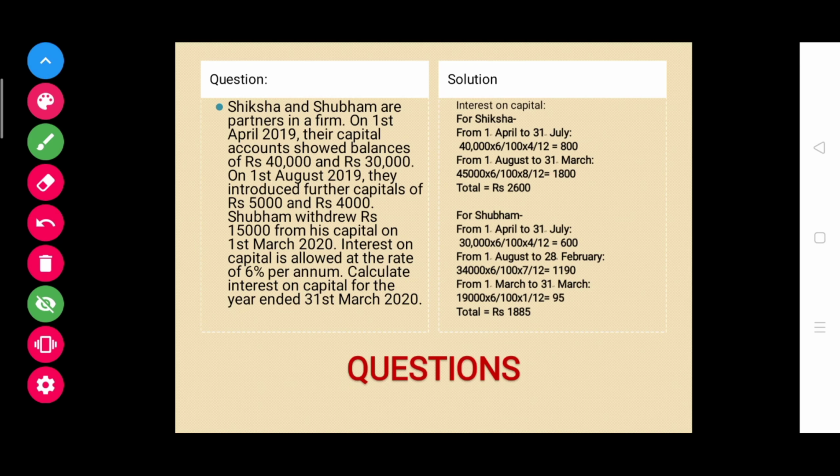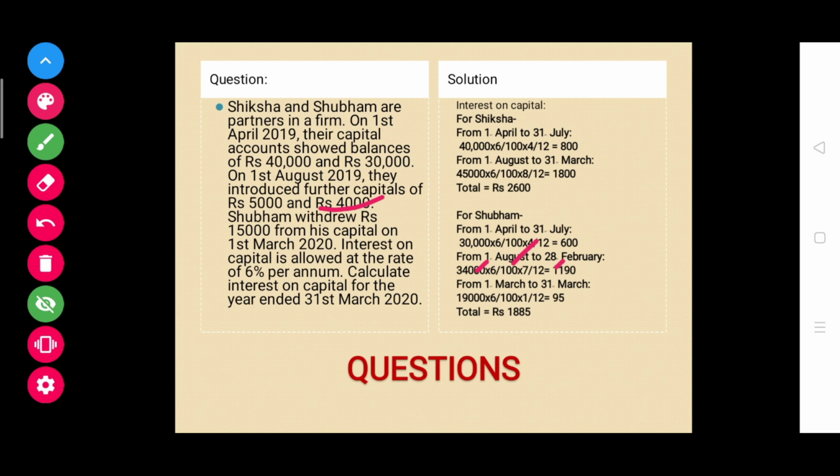Similarly, we can find interest on capital for Shubham as well. In the beginning, his capital was rupees 30,000. This 30,000 has remained invested for 4 months. So 30,000 into 4 by 12 into 6 by 100, it will be 600. After 4 months, that is on 1st August, Shubham has made an addition of rupees 4,000. Now his new capital will be 30,000 plus 4,000, 34,000